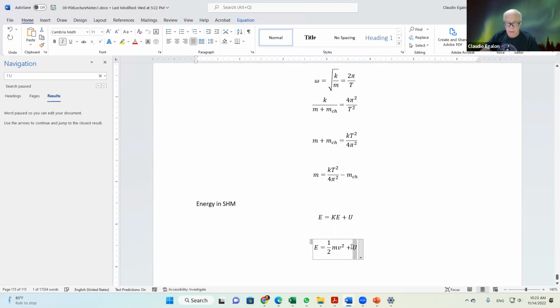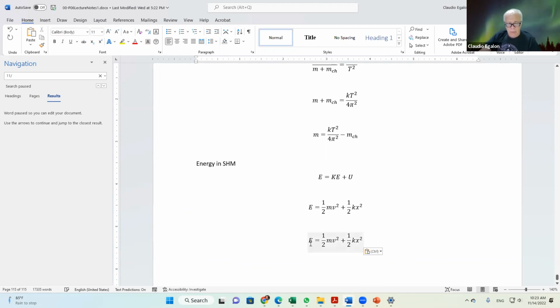And potential energy in this case is going to be the potential energy of the spring itself, right? Remember that the potential energy of gravity is mgh, and the potential energy of the spring that we saw before is going to be half kx squared. If mechanical energy is conserved, right? Initial mechanical energy must be equal to